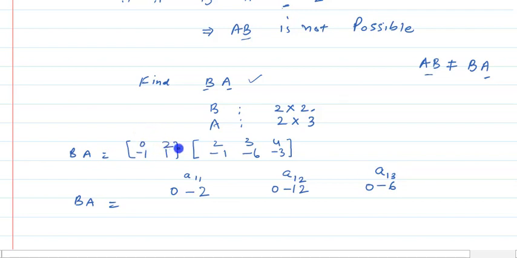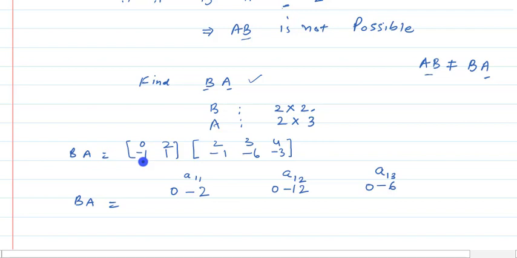Now we have multiplied row 1 of the first matrix with all the columns of the second matrix one by one. We should observe one thing here: whichever row is multiplied by whichever column, the element is of the same name. When the first row is multiplied by the first column, we get 1 element. When the first row is multiplied by the second column, we get 1 element. When the first row is multiplied by the third column, we get 1 element.